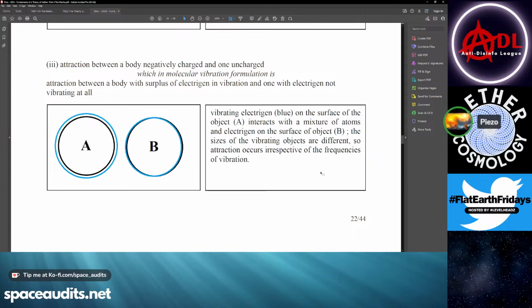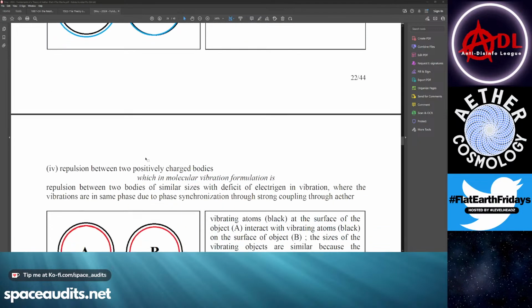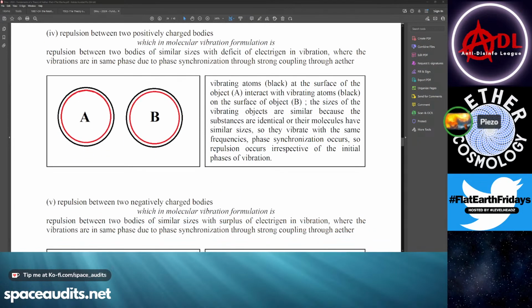Okay, charge at the surface versus charge beyond the surface. So that's attraction. Okay, go down. And then this one is charge inside the surface versus charge inside the surface. So you've got two vacuums sucking at each other. Personally, I see two totally resolved charged particles there. They're both grounded out. They don't have deficits. They're just at a zero voltage state, so they're not going to repel or attract each other. There's no vibration going on. There's no excess to consider.